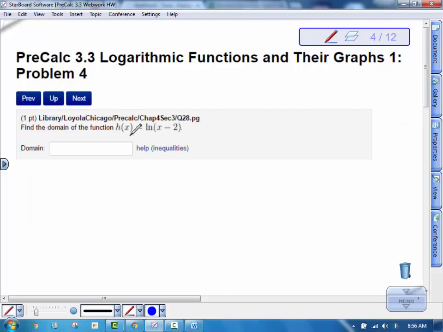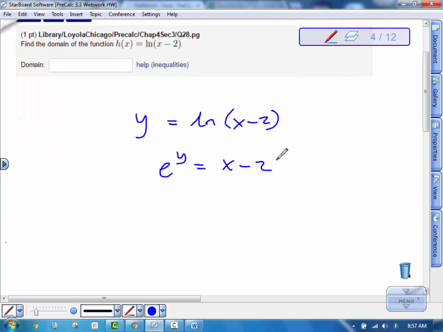Okay, the next problem then gives us h of x equals natural log of this. We need to figure out what the domain is. We could graph this, but like I said, decimals isn't very clear on the domain. So let's look at it algebraically. I'm going to change this to y. We can change this into exponential form by doing base to the exponent equals the argument. And then we can look at, okay, well, there's no number I can raise e to get a negative number or 0 here. So basically, x minus 2 has to be greater than 0